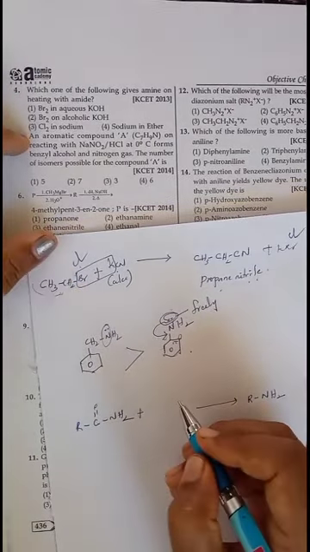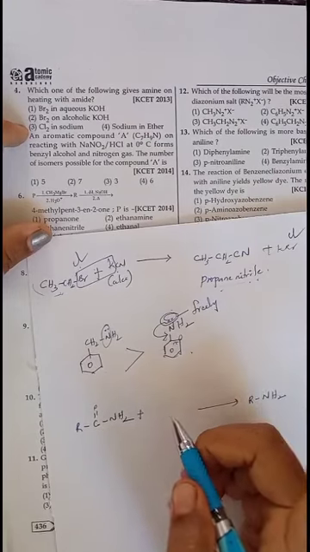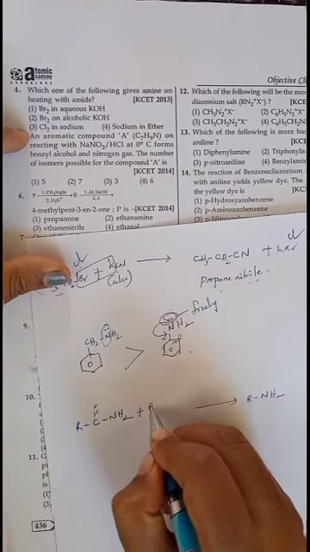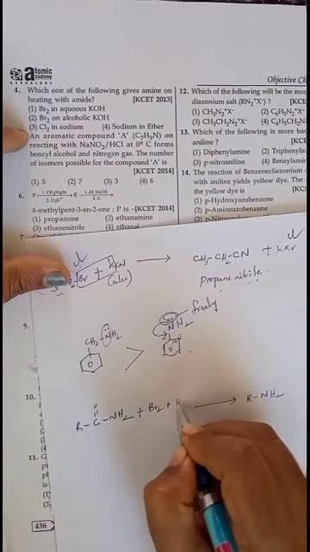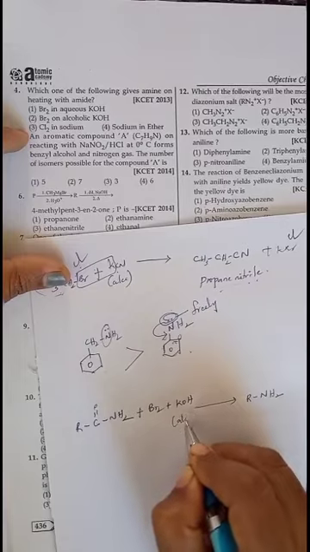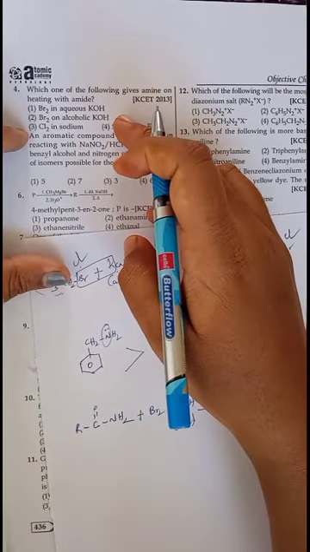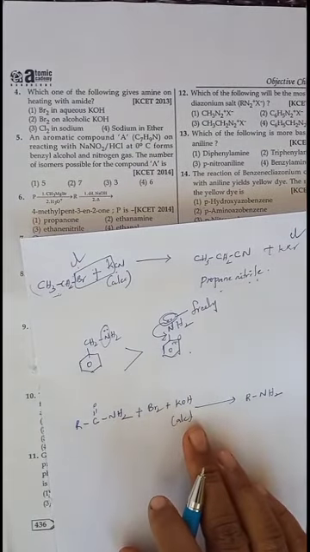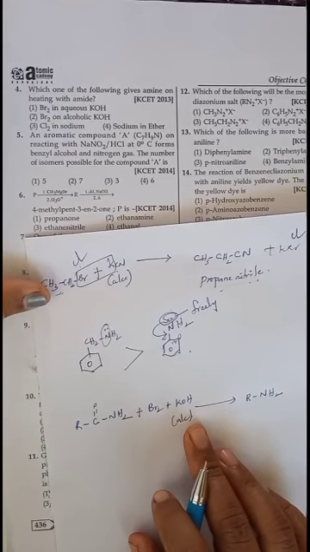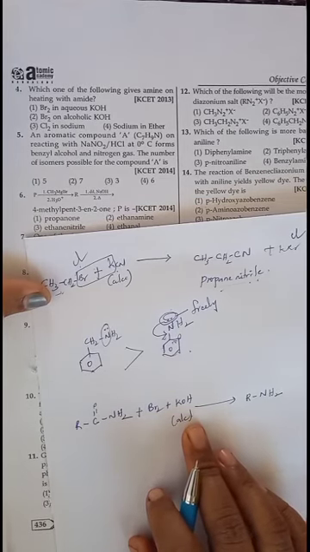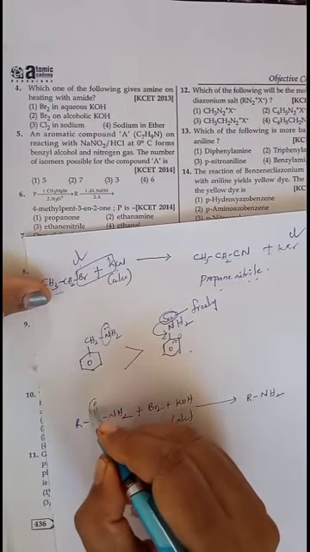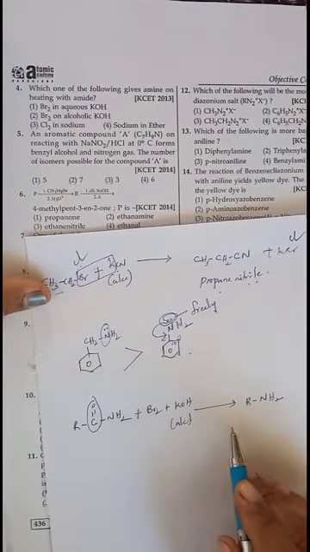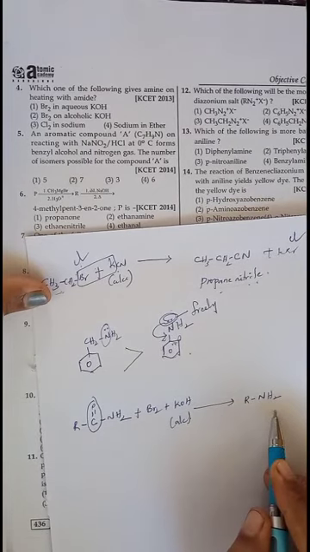That is nothing but bromine with an alcoholic base. This is the Hofmann bromamide reaction. So take bromine and alcoholic KOH or NaOH, that is our choice. But in the options they have given potassium hydroxide, so I have taken potassium hydroxide here. It is an example of the Hofmann bromamide reaction, or degradation reaction. In this degradation, the CO group is removed. Then NH2 is directly attached to the R group and RNH2, the amine, is formed.